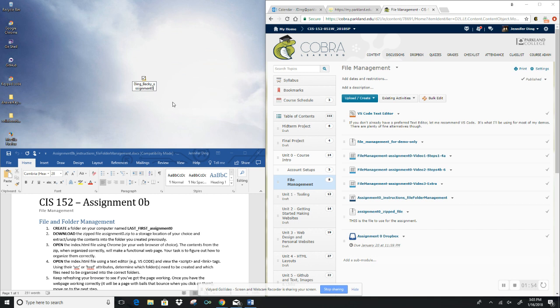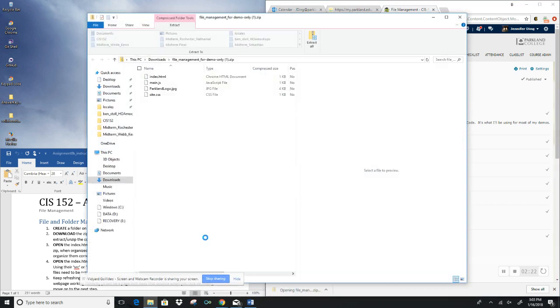All right, so I've created that folder. It doesn't have anything in it now, of course, but I'll move on to step 2 and download the zipped file. Make sure that you're taking the assignment 0 zipped file. Do not take the for demo only file. That's the one I'm doing. And I can download it from there. But I can't get to it because I have that in the way. There we go. So now I'm going to open that folder